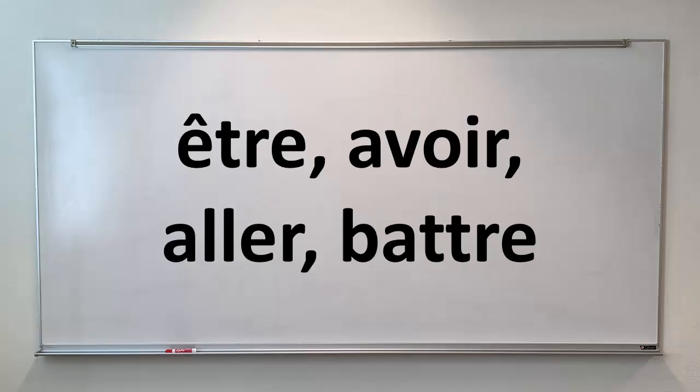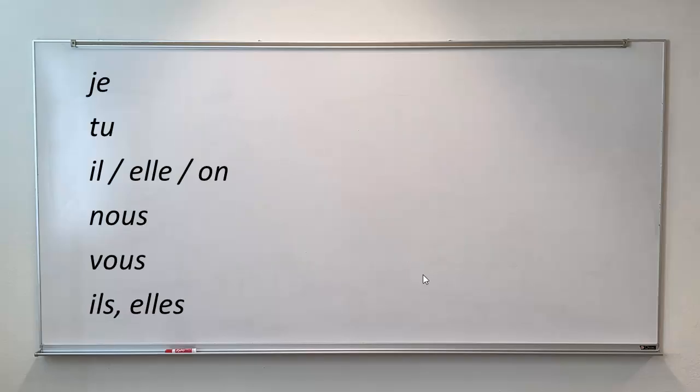First, just a reminder, other irregular verbs that we've had in this course are the verb être, avoir, aller, and battre. And for all of these verbs, you just had to learn the forms. You just have to memorize them. So again, boire is irregular. So here's the first form. If you want to say I drink, I do drink, or I am drinking in the present tense, the form is bois, je bois,